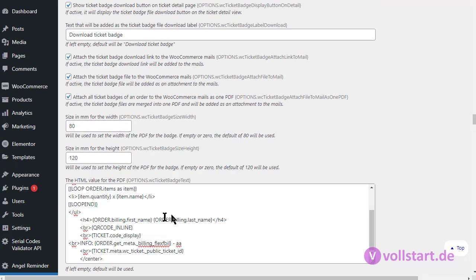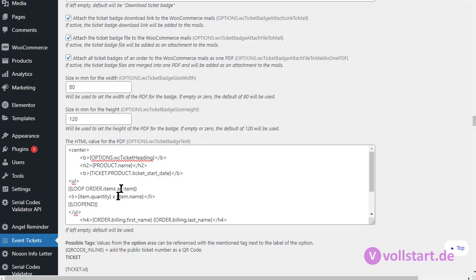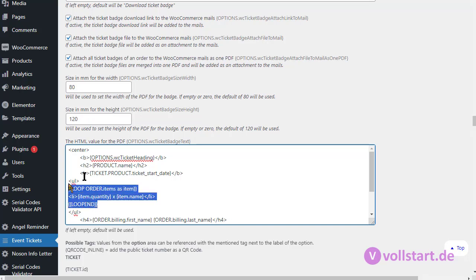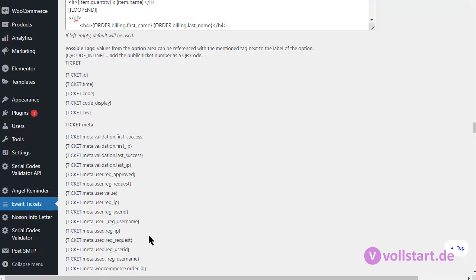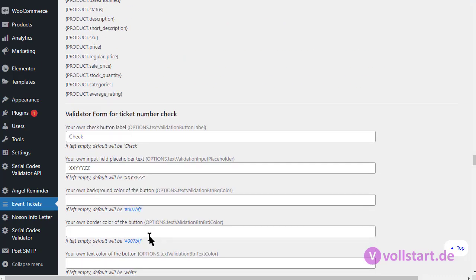for the items. This means if you want to display also your purchased additional items on the badge, then you can add this loop here. It's not really intuitive, I understand. We are fighting to get a better template engine here, but for now it works. So use this. You just copy paste this in there, and then you have your items. You can format them a little bit and they will be printed. If no items are there, then this whole loop will be removed. It's then just empty. And the space shouldn't be occupied. This is good for you.